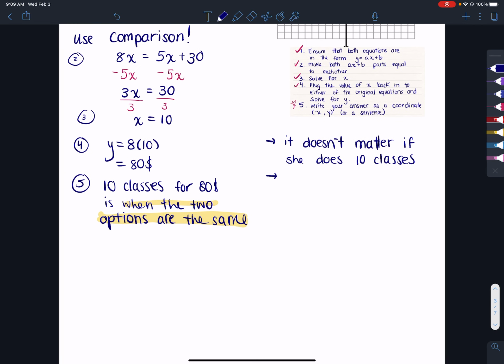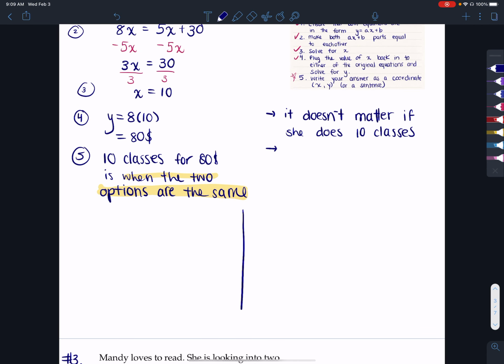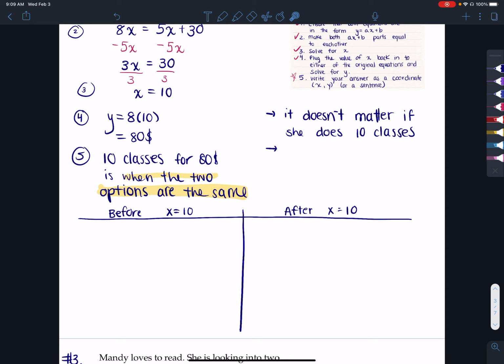Okay, and then we have to see before x equals 10 and after x equals 10. So we're going to check, well, what happens if she does less classes and more classes? So we're going to look at